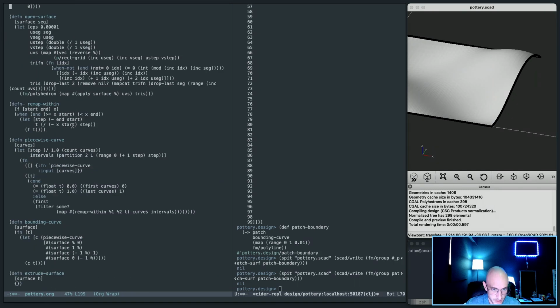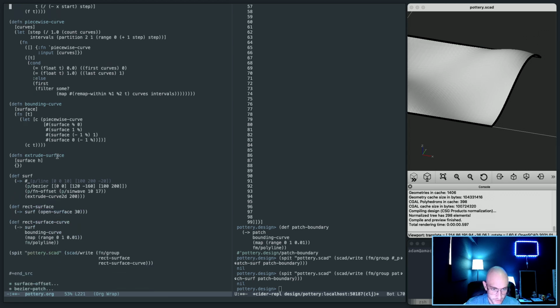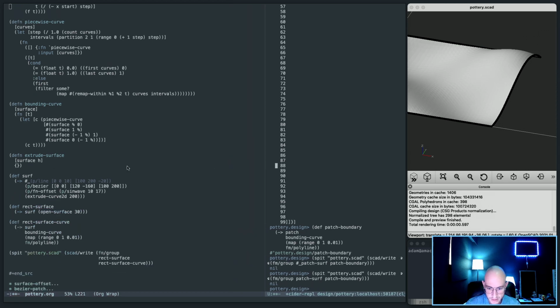Right, so we've got here bounding curve, extrude surface at least can be something like let bounds curve be bounding curve. I don't even need to do that. Let's just let the bottom surface is just going to be